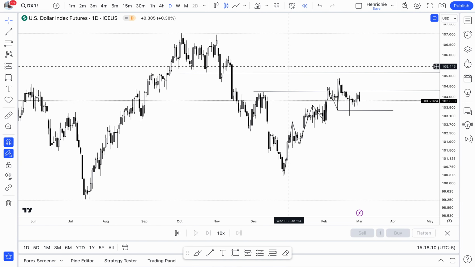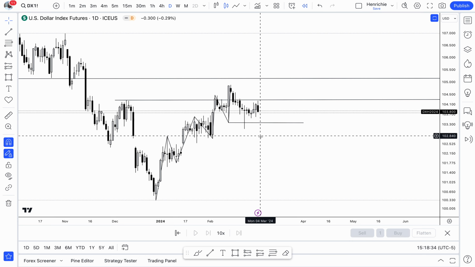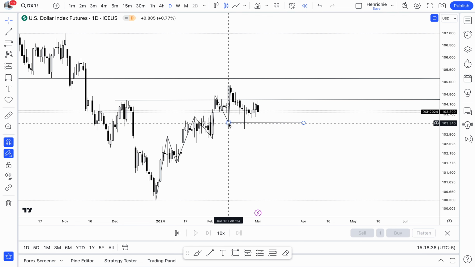Now, as you can see that after we created this high, price dropped down. This right here, I see this as a run on liquidity. I don't see this as a break of structure until I see a bodies of the candle close below this low. And as you can see, there's no bodies of the candle closing below this low, which is giving me a telltale sign that there could be a potential run on buy side liquidity on the dollar